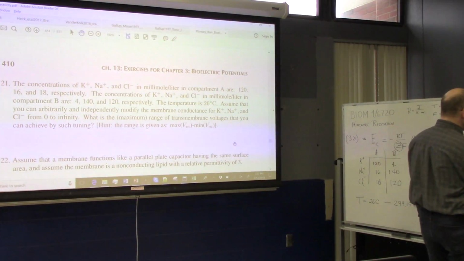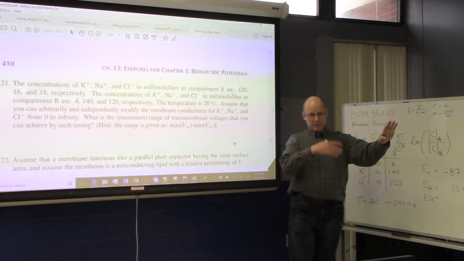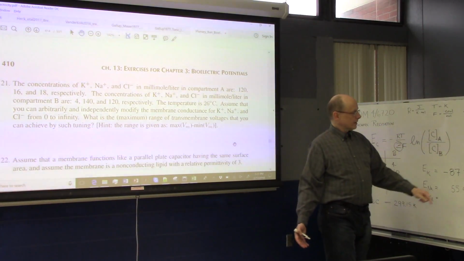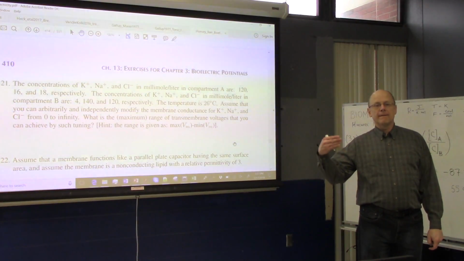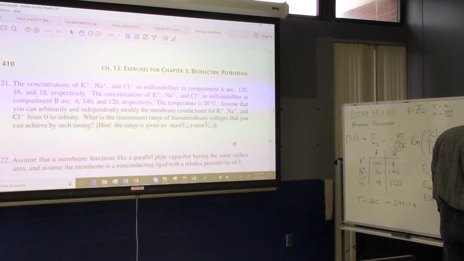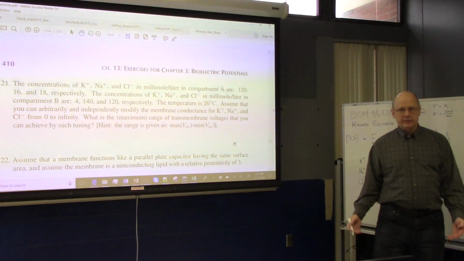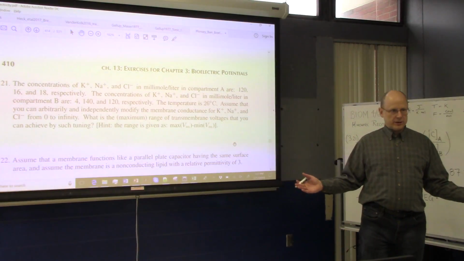RT over F will be in volts, but if we multiply by 1,000, okay. So if you get RT over F, you'll get 0.0258 volts, which is the same thing as 25.8 millivolts. They often convert it when dealing with Hodgkin and Huxley stuff, because that's what Hodgkin and Huxley were measuring